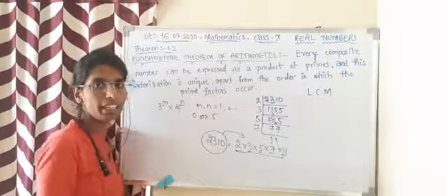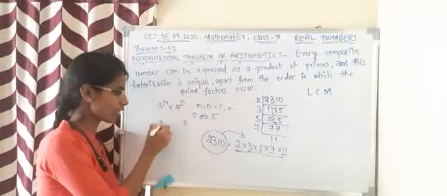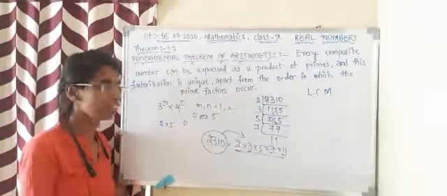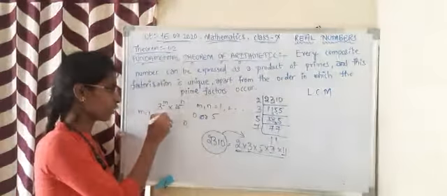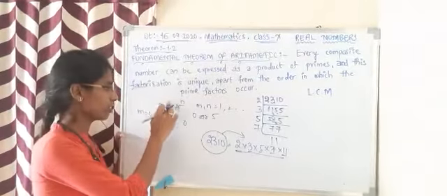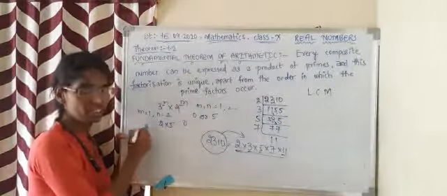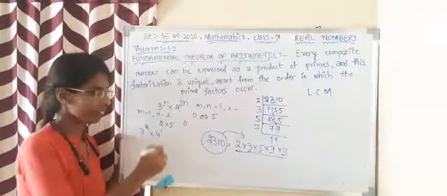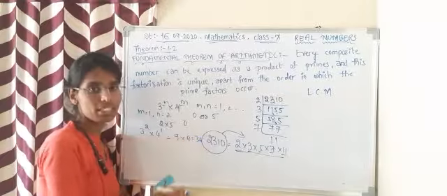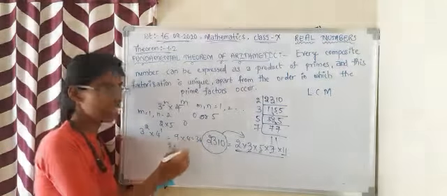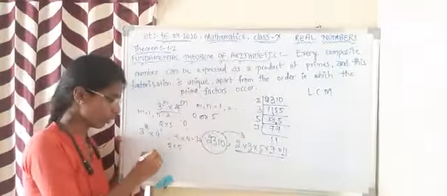Any number will end with 0 if it has prime factors 2 into 5. For example, if I take the m value as 1 and the n value as 2, here this is n and here this is m. Now what do we get? 3 to the power of 2, that is 3 square, into 4 to the power of 1, that is 9 into 4, which is equal to 36. So 36's prime factors cannot be 2 into 5, isn't it? Therefore, this number, for which n and m are natural numbers, cannot end with 0.